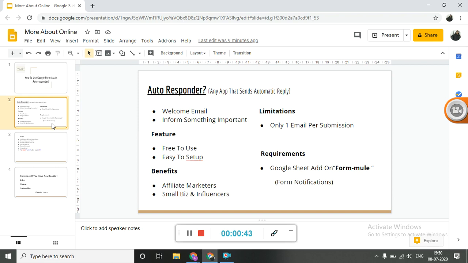Now autoresponders are very important. They help you to send welcome emails to your customers. Let's say a customer comes to your website for the very first time and fills up this Google form. Once you receive this Google form, they will also in turn receive a welcome email from your end,